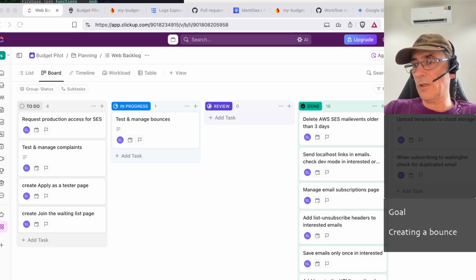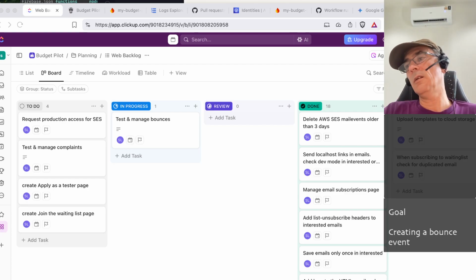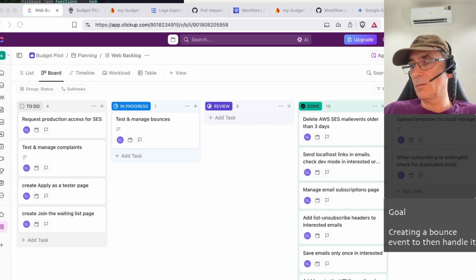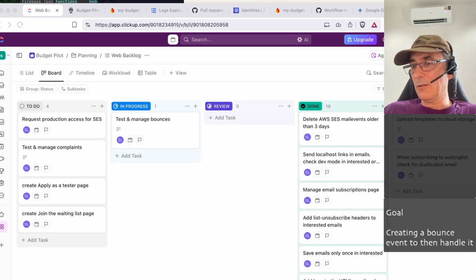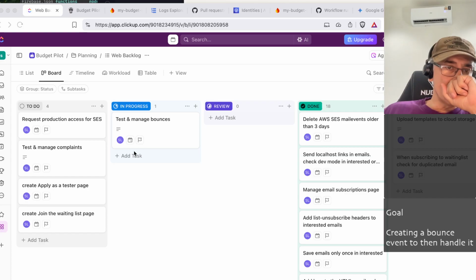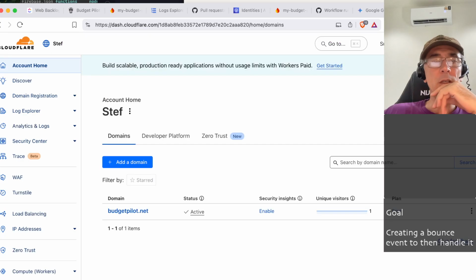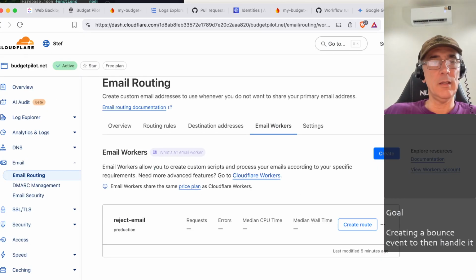Let's say we're creating a bounce event to then handle it. Yeah, it's nice to have the goal there, so it keeps me focused. This is the objective: test and manage bounces. Okay, so I go here, I'm back to home, but in reality,